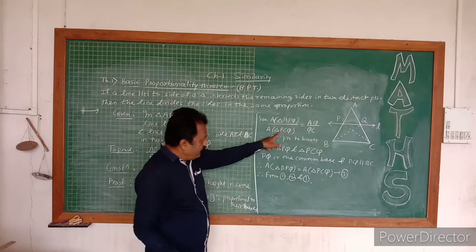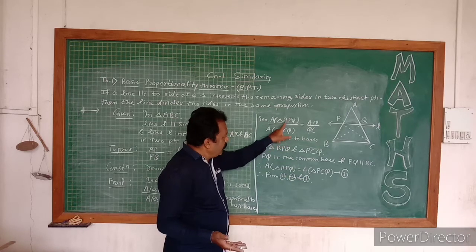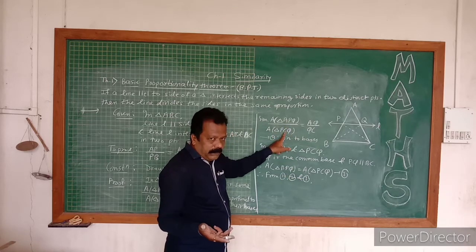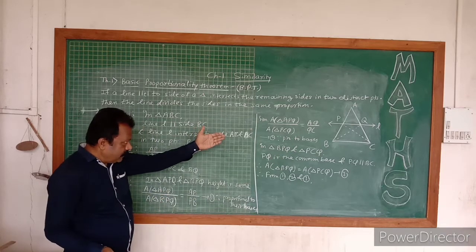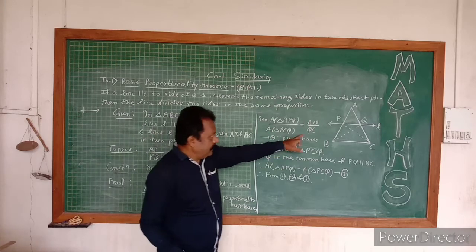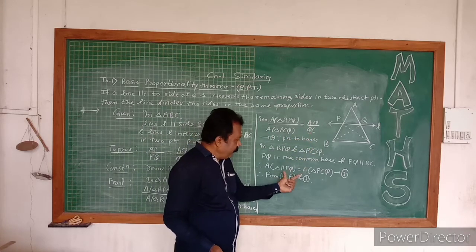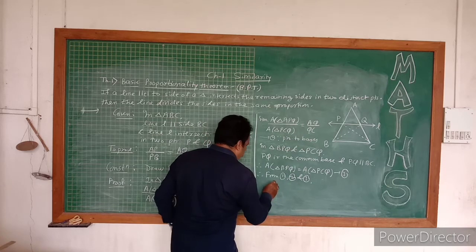If we substitute the value of PCQ here for BPQ, then APQ upon PCQ will come. So here also APQ upon BPQ. So left side is equal to left side, then right side is equal to right side. Because why? We have shown this. Therefore from 1, 2 and 3, AP upon PB.